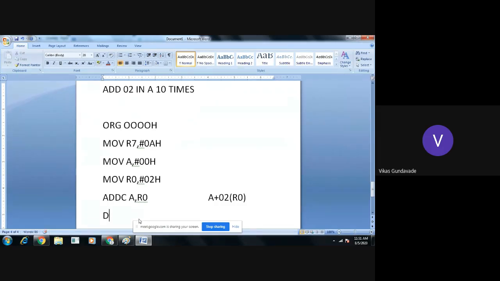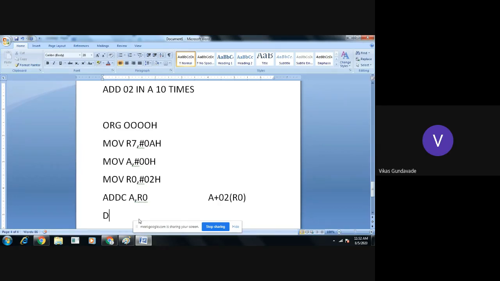But after decrementing the count, I also want to check whether the count is 0 or not, because I want to stop this addition after 10 additions. So I need to check the status of the counter.